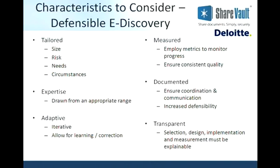So, first of all, that first goal that we had, characteristics to consider. When we think about defensible eDiscovery, 6 things come to my mind immediately. One is the activities you're engaged in should be tailored to the size of the matter, the risk that's involved, the needs of all the parties, and the circumstances that you find yourself in. A particularly small matter between 2 litigants may not rise to the level of needing a robust team or robust